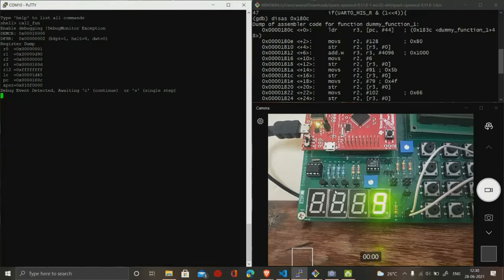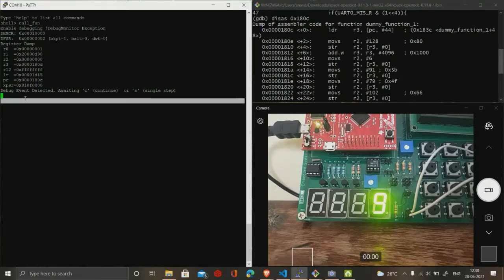As you can recall, our first function will increment the value of this leftmost 7 segment display from 0 to 9. So as I press S, this value should be incrementing.